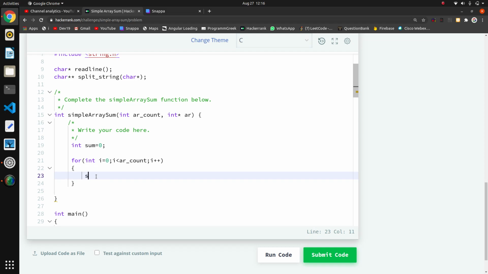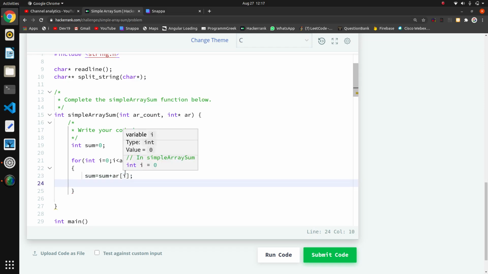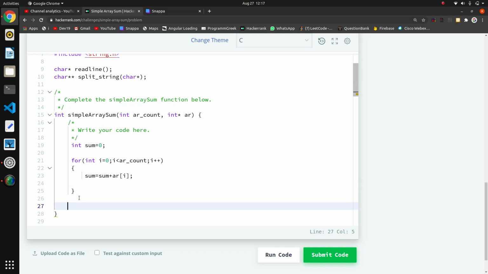So here we will do sum is equal to sum plus ar of i, the array name is ar. In the first iteration it will take the 0th element, in the second iteration the next, and it will go like that. Lastly we will return sum. So that was the basic question.